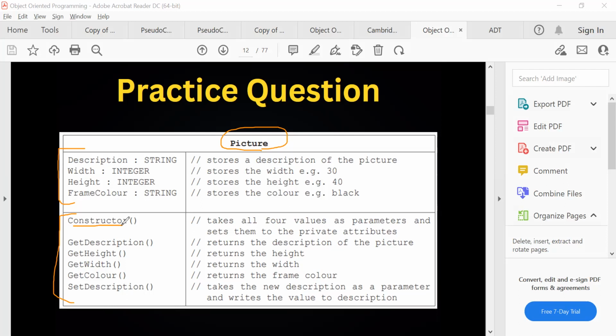So we have to create a class that contains all these variables and has a constructor. I think you have done a constructor in the exercise. And then we have to create all these methods. Okay. So get description. So we know if we created these variables